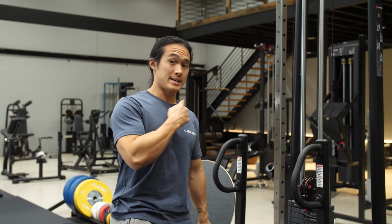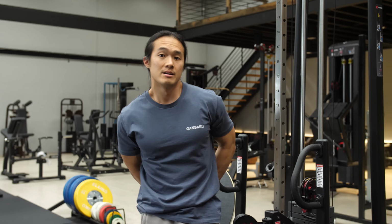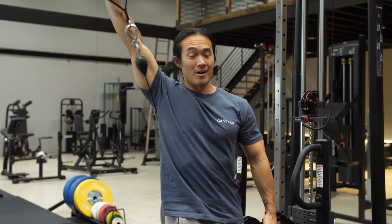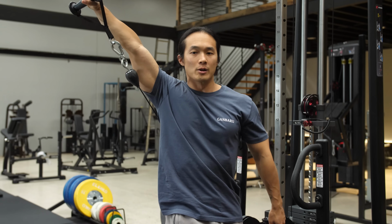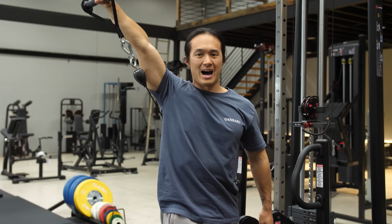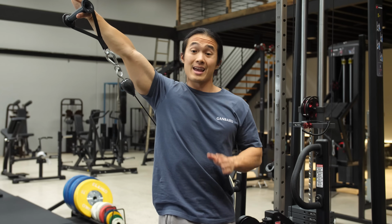Because what happens if I set the cable up to this height here? Now it's much harder to hold it here. But as I come up higher and higher, it's just about nothing all over again. So this weight stack has no influence on my body and arm right now. If you don't believe me, go try it out the next time you train, and I guarantee you'll notice the